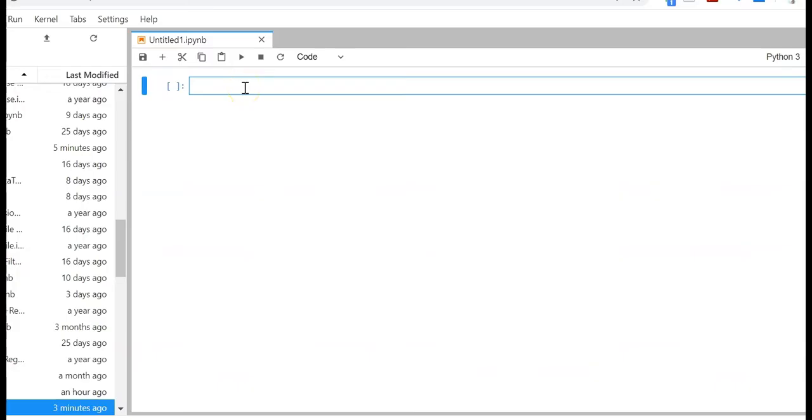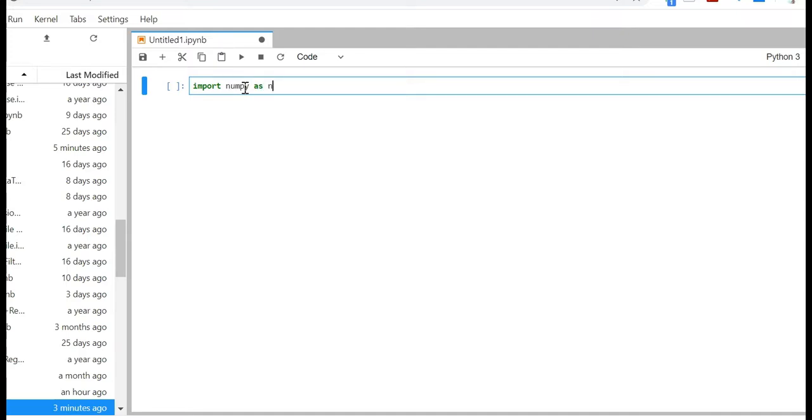Let us now upload the file into Python, and then we'll play with the data. We'll try to find some insights from the data, and we will do some plots. First of all, as you are aware, we'll import the libraries to be used in our programming.